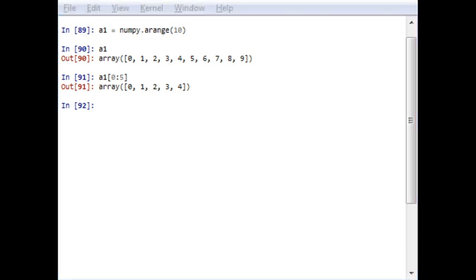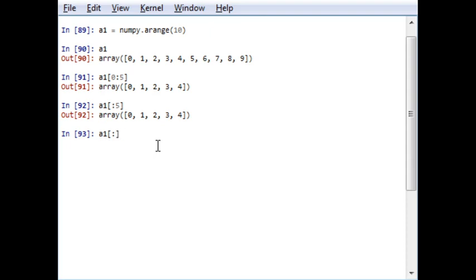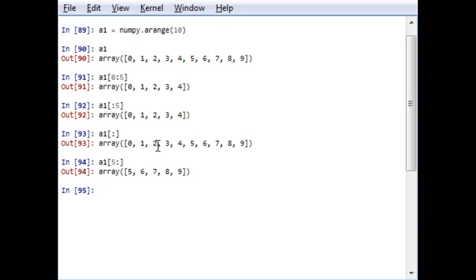But if you want to select from the starting index up to an index, excluding the index number, it is not always necessary to write 0. You can also leave it out, and the output will be the same. This is the flexibility that is available in Python. Now, if you want to select until the last index number, you can use this. For example, from number 5 to this, it will go up to the last index number.